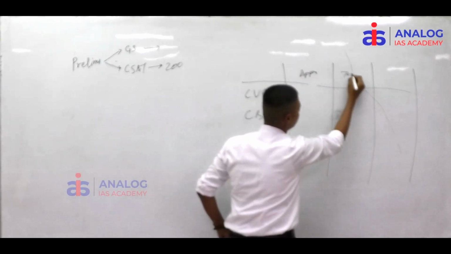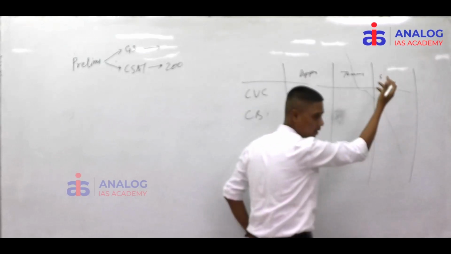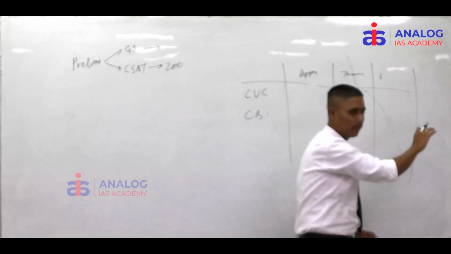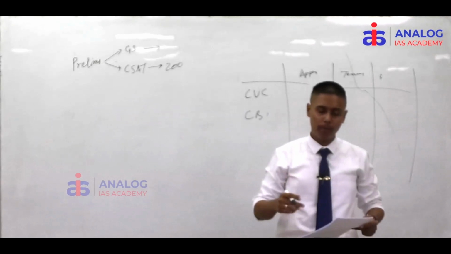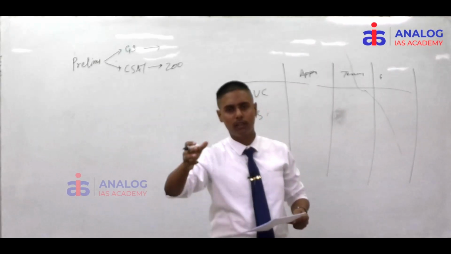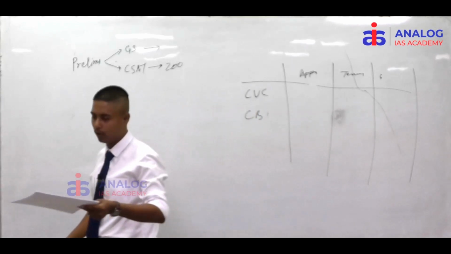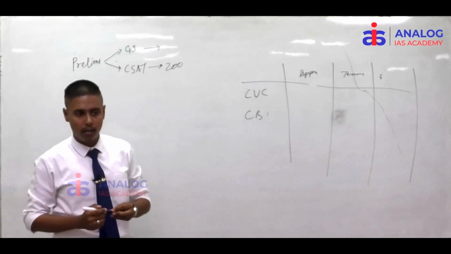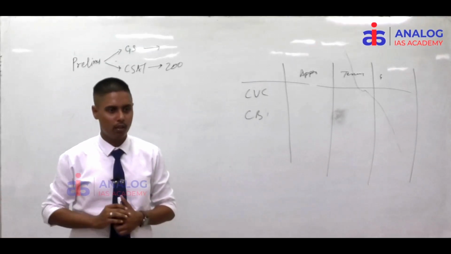Okay, tenure, powers. What are the powers? How can they be removed? Have 4-5 blocks of it. What this will do, you will be able to revise all these very quickly. These are almost 18 to 20 chapters if you look at Lakshmikant. So if you have this chart in your hand, just 2 pages of A4 sheets, you will be able to revise